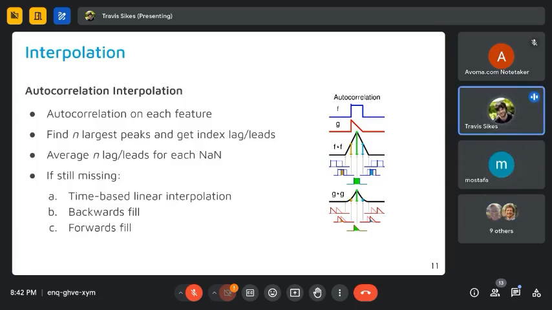Okay, what is the option? Like really, what other option do we have? We have missing data. The model does not work with missing data. What do we do? Well, the other option is you throw out the day. Yeah, but then you throw out too many days. You throw out 23 good hours because you have one missing hour.